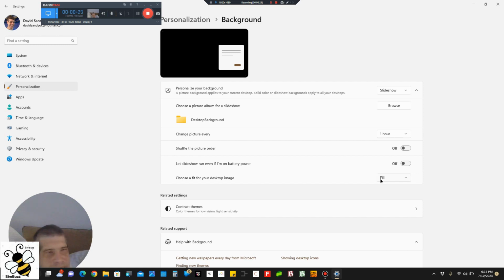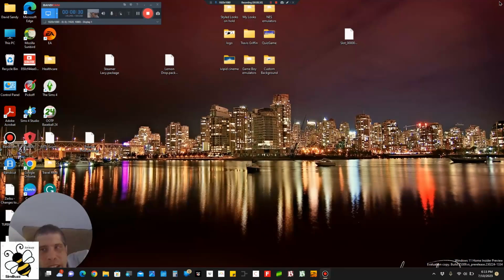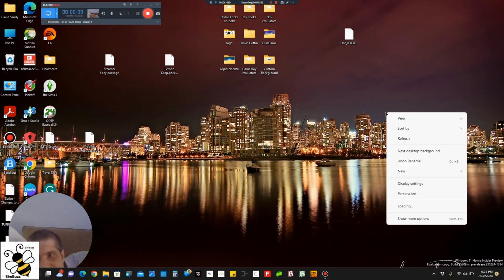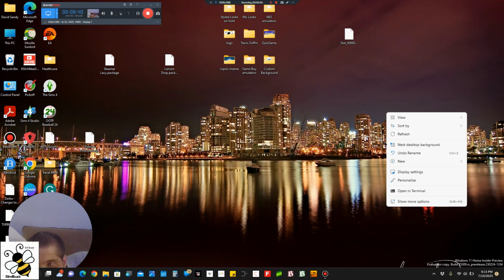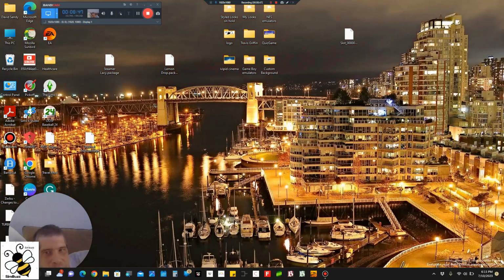Now, another way to change that background whenever you want is by doing this. Simply right click. Let me find my cursor. And you click on here, next desktop background. I'm going to click that. There,